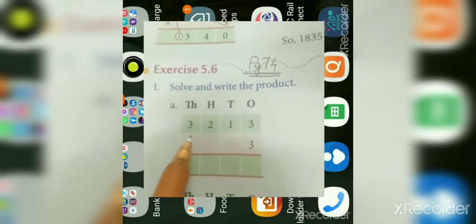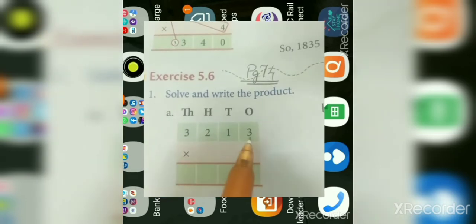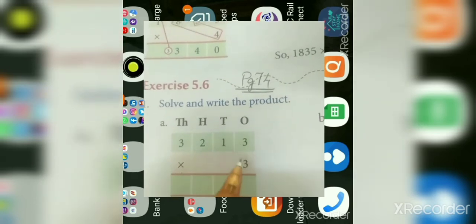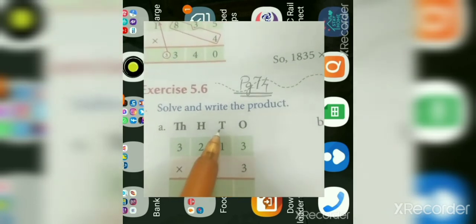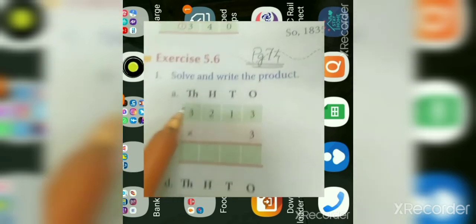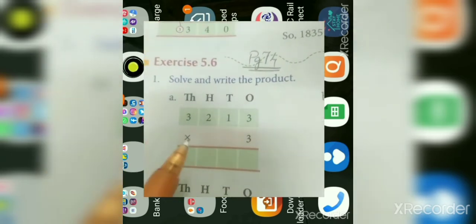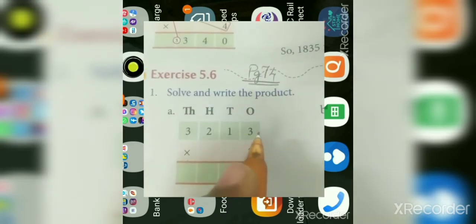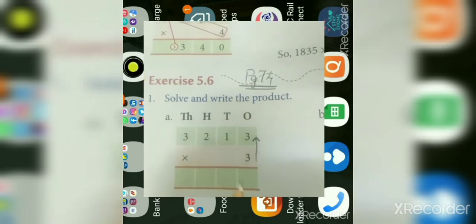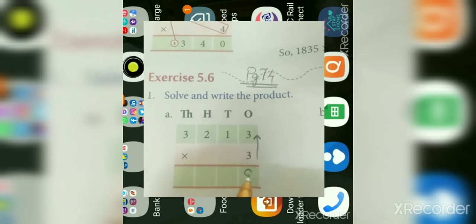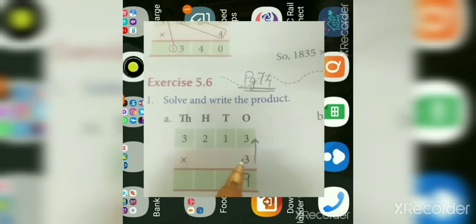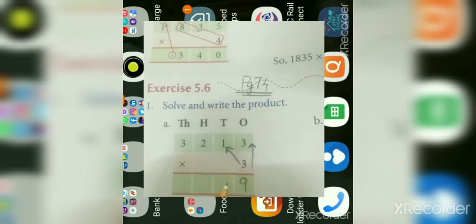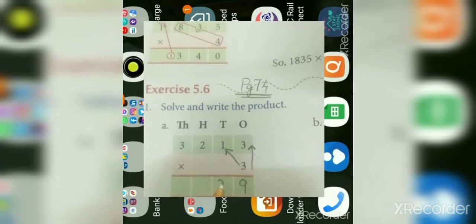So here you will write down 3213 into, and then 3 below 3, so both the 3s are in the ones place. 1 will come in tens place, 2 will come in hundreds place, and again 3 will come in thousands place. We will start multiplication from the ones place. 3 3s are 9, and the answer we will write in the ones place only. Now second, we multiply the number in the tens place. So 3 ones are 3, and the answer we will write below the tens place only.